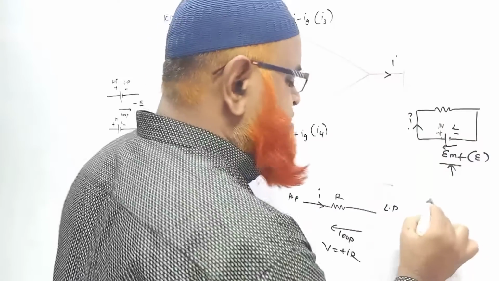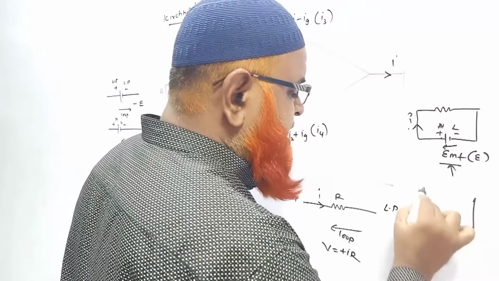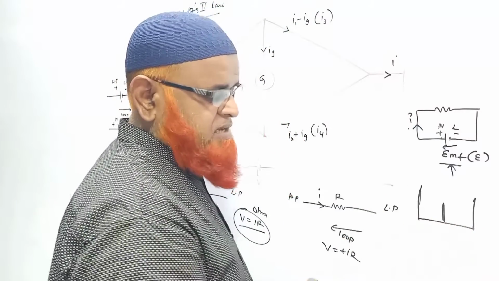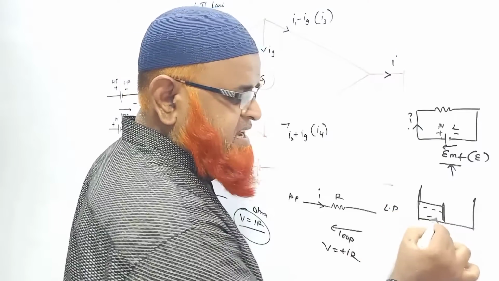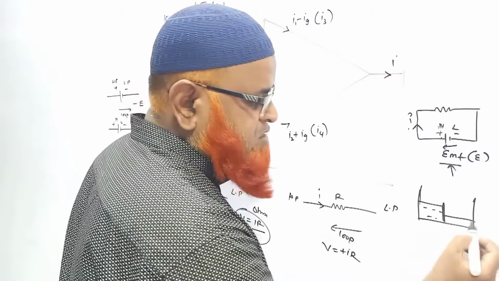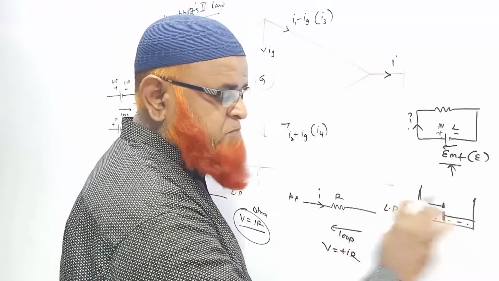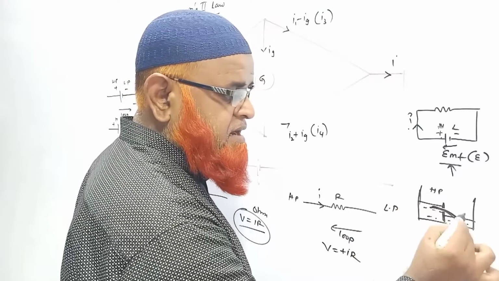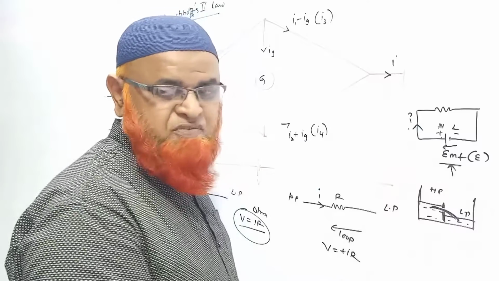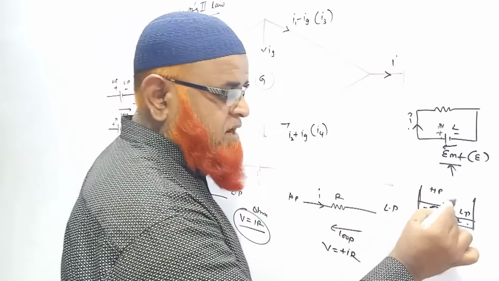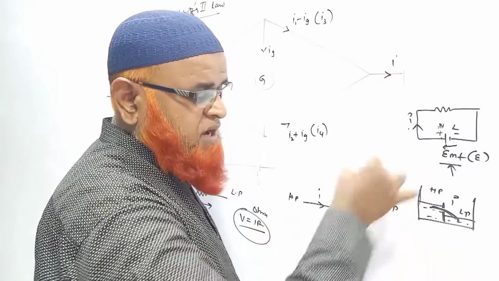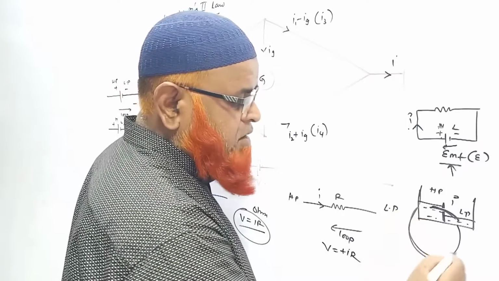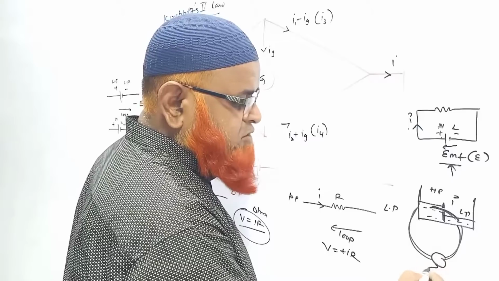I'll give a small idea to understand this concept. Let us take, this is a tank. There is a middle wall here. The water in this tank is up to this level and here it is only up to this level. I'm making a small hole here. The water flows from higher to lower by itself. No need of an electric motor, and that is called current here. And if you want to convert this into a fountain, higher to lower and again lower to higher, then it should be connected to an electric motor.